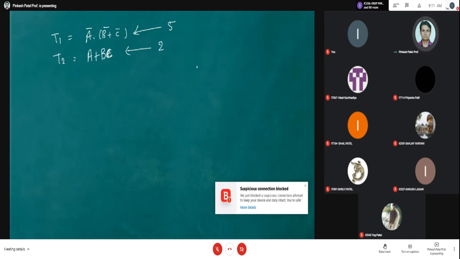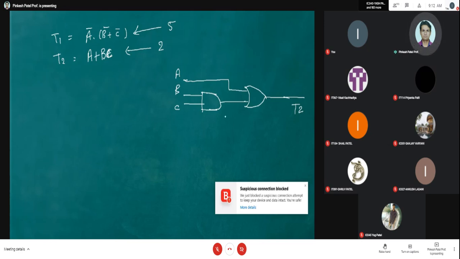In fact, one good designer will think that T1 and T2 are both complements. So first of all, they implement T2. T2 can be realized as, first of all, B into C, which involves some digital circuit level fundamentals. Then this B into C goes to an OR with A, and this will give you the T2 response. This is my A input.